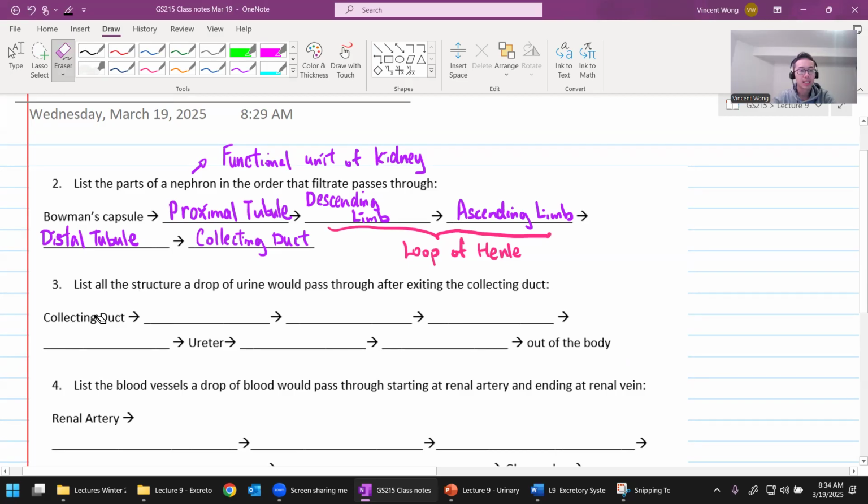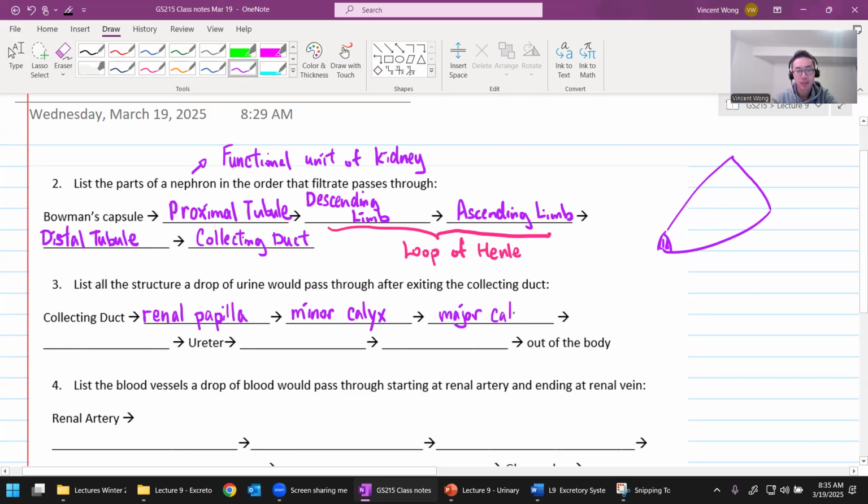From the collecting duct, it is going to go into the renal papilla, which is like the tip of those cones, right? The tip of the renal pyramid. This is the papilla. And outside of the renal papilla, the urine will drip into the minor calyx, followed by the major calyx. It will be helpful if you have a diagram with you as we are going through these things and just kind of trace the path